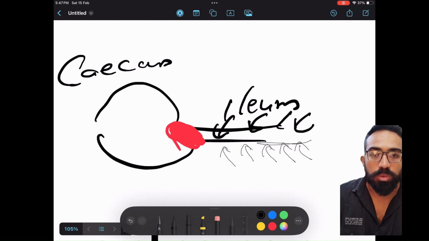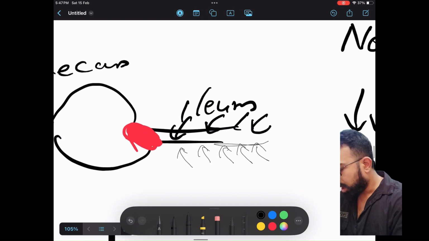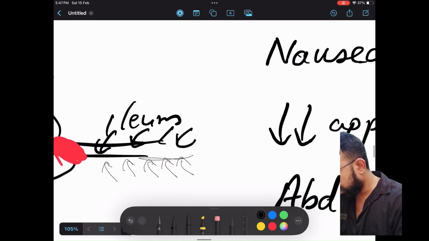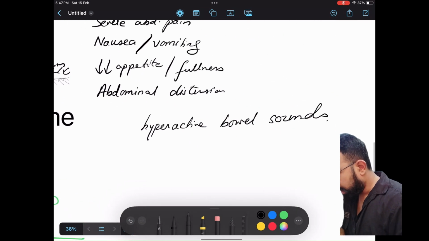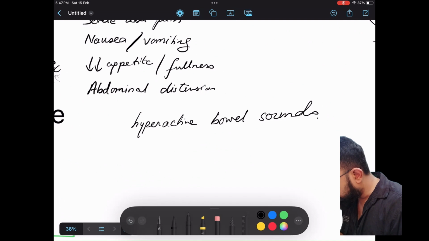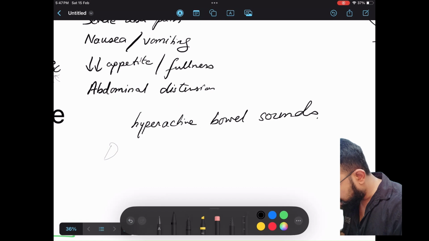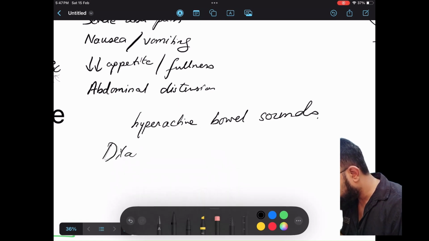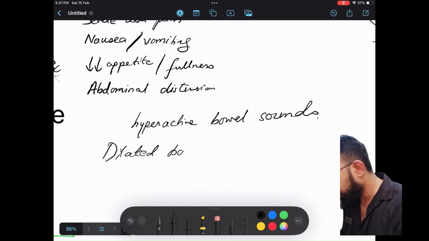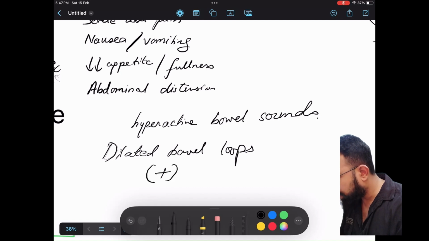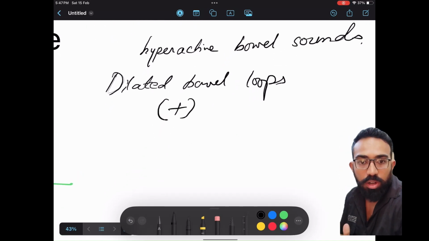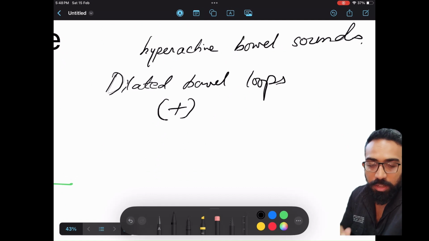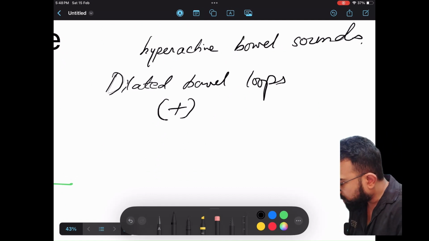Then you do the ultrasound. What will you find on the ultrasound? Ultrasound reveals that there are dilated loops of small intestine. These dilated loops of small intestine will also be there on X-ray, by the way. Dilated bowel loops indicate intestinal obstruction. Plus on top of that you will find